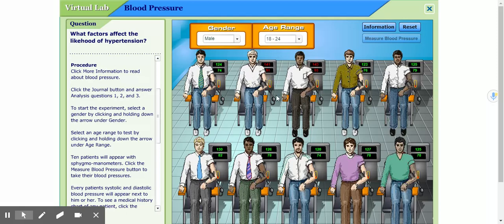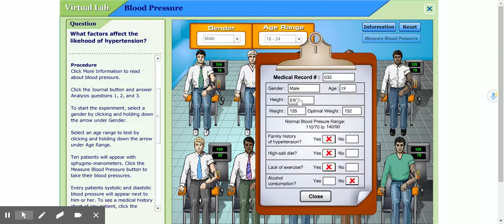So what this simulation actually has you do is it has you pull on the patient, and it looks at the medical record of that patient. And you can see that their weight is 155, optimal weight is 152, so they're slightly overweight. Family history of hypertension: yes, there is a family history of hypertension. High salt diet: yes. Lack of exercise: yes. Do they consume a lot of alcohol? Well, they say they don't. That is patient